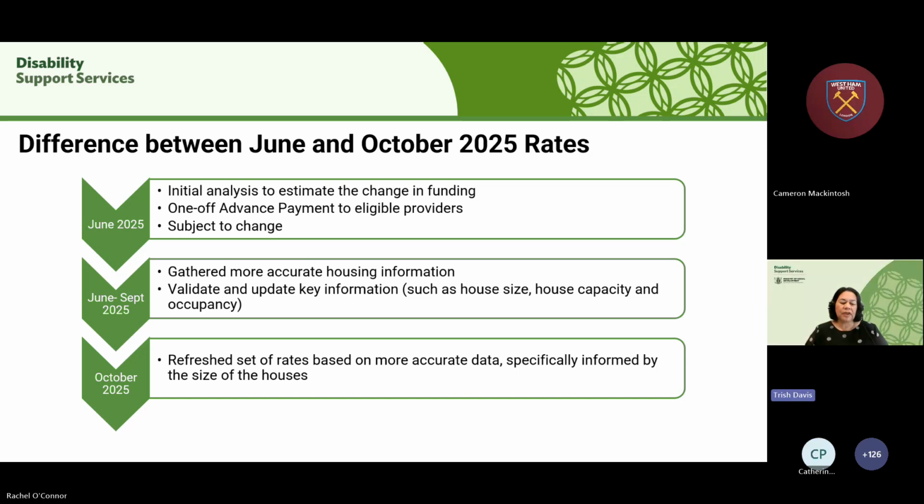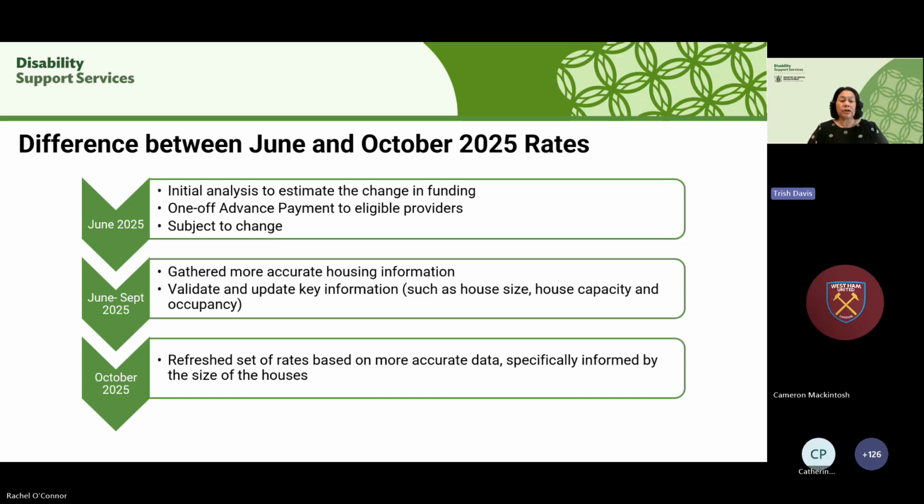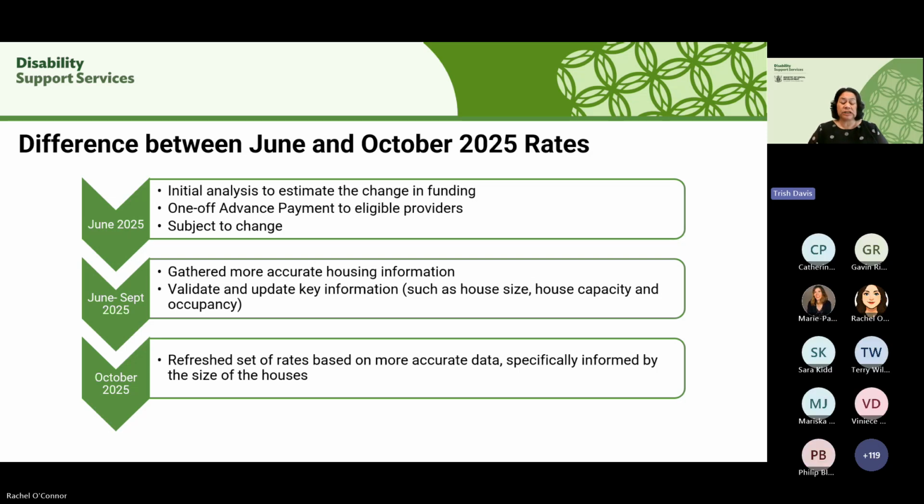Good, thank you, Cam. Okay, so there may have been a difference between June and October 2025 rates that some of you received advice about. So we made a one-off advance payment, and that was to those providers who were expected to see an increase from the 1st of July 2025 as the price freeze was lifted. The July payment was paid for the purpose of giving providers financial relief after the funding freeze was lifted on